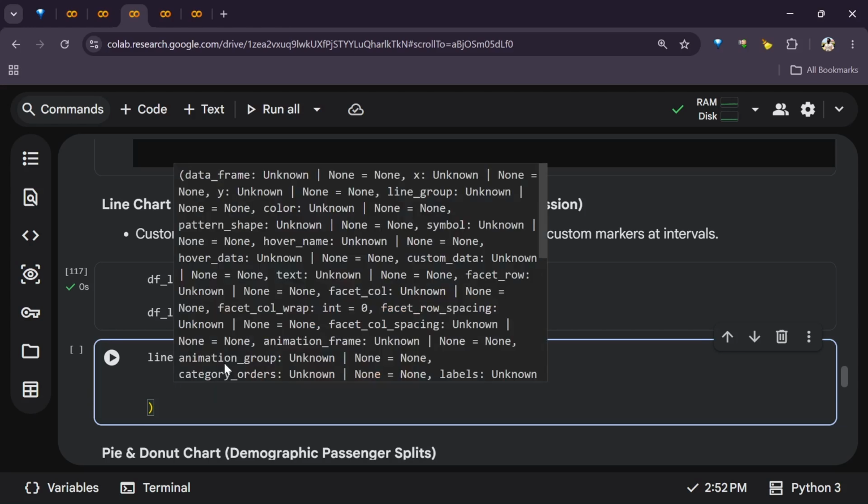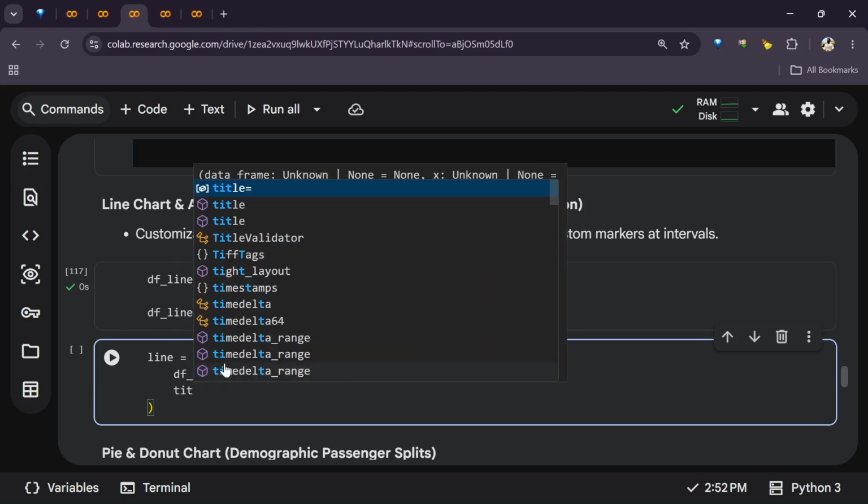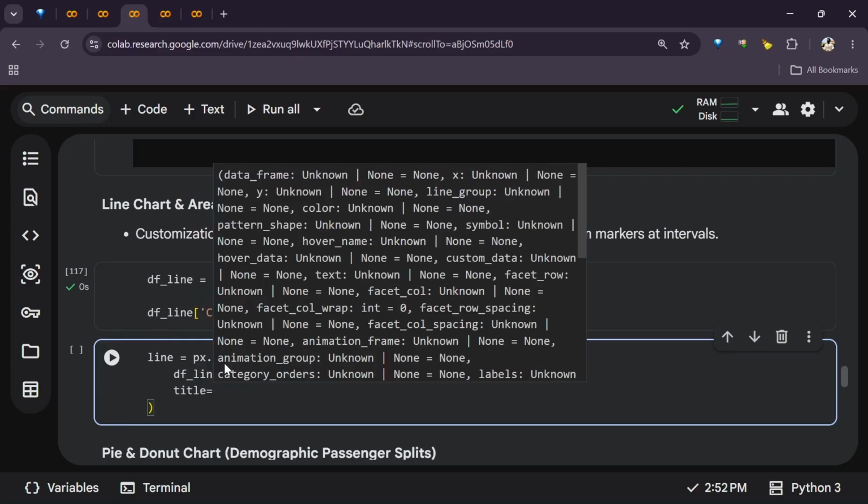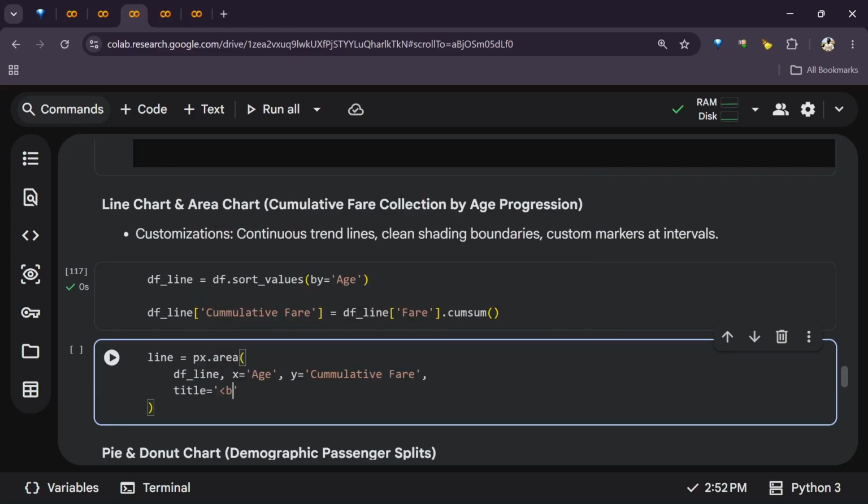passing title, cumulative revenue by fare bracket, just for clarity, by, that should be lowercase, by passenger age,